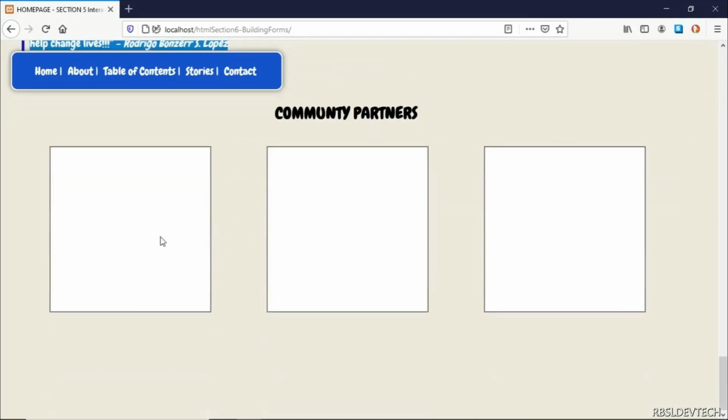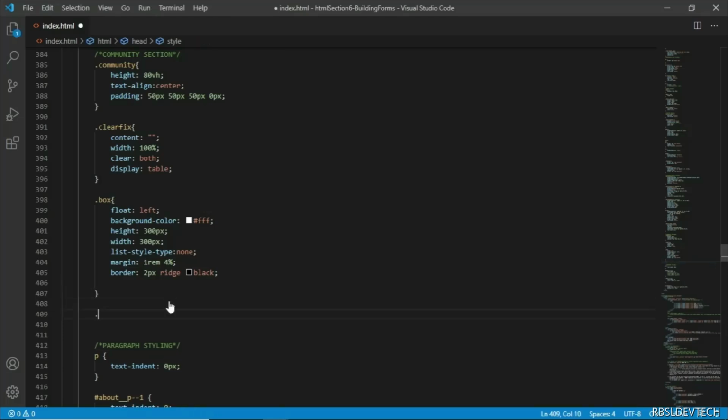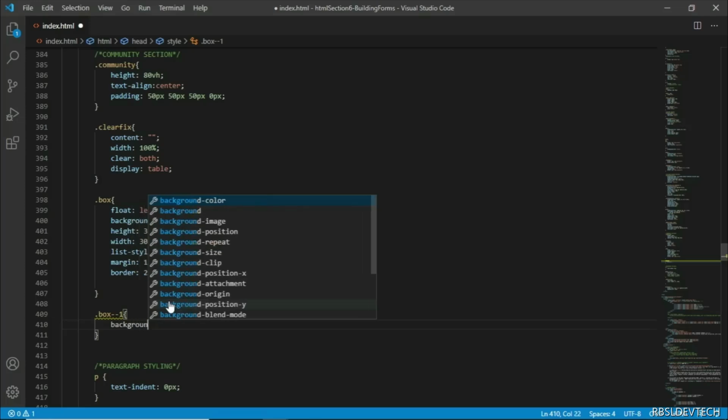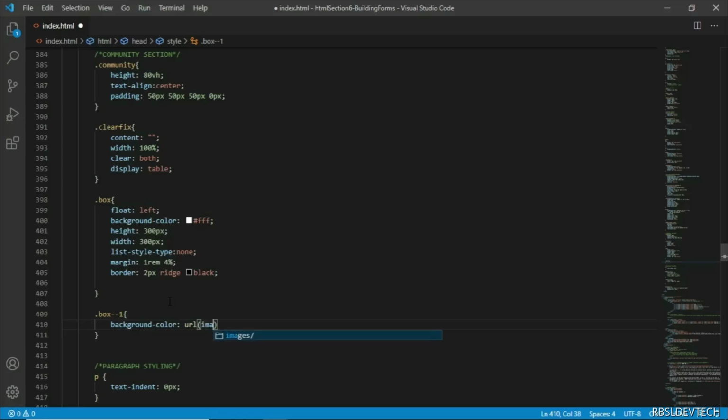Now we would want to put some images inside of these boxes. So instead of using the image tag, we will be using the background image property. If you remember, we already know how to apply and use the background image. So let me go back to our code editor here, and let's go to box 1. That's why we have another class selector here that we made, because we would want to use here the background image for